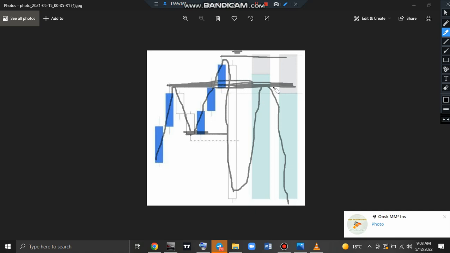Some can draw it like this as a high, higher high, low, lower low. The market comes, touches it, and it drops. It's called Quasimodo in other terms. But right now